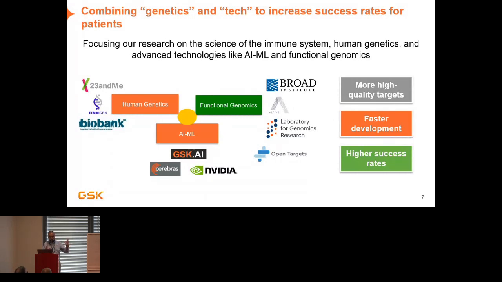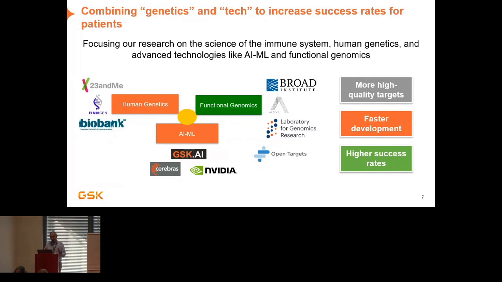Accessing data, so UK Biobank, for example, with a collaboration with 23andMe as well. I'm going to show you some examples today of Open Targets, which is a big industry partnership that we initiated with EMBL-EBI and the Sanger, and has grown over time. We have 5 companies now, and hopefully we have a 6th one in before the end of the year as well.